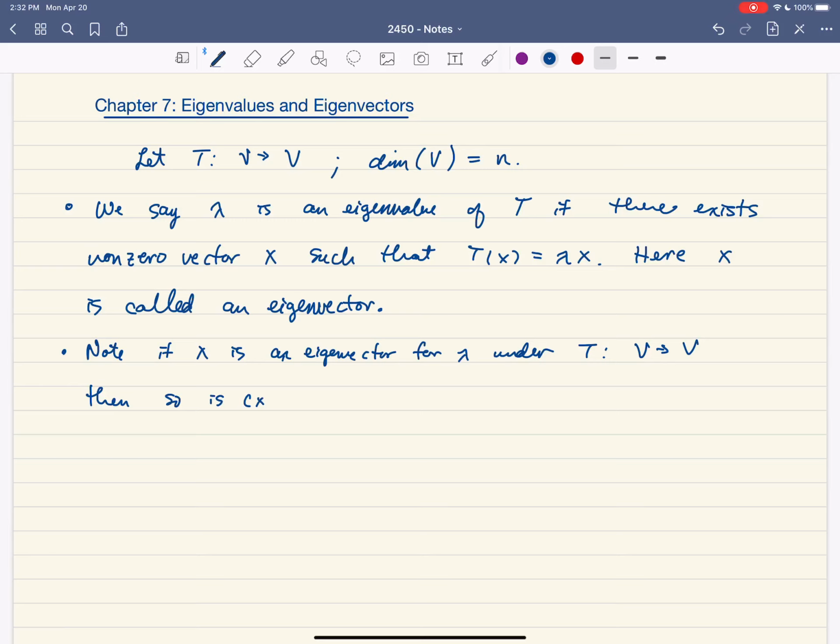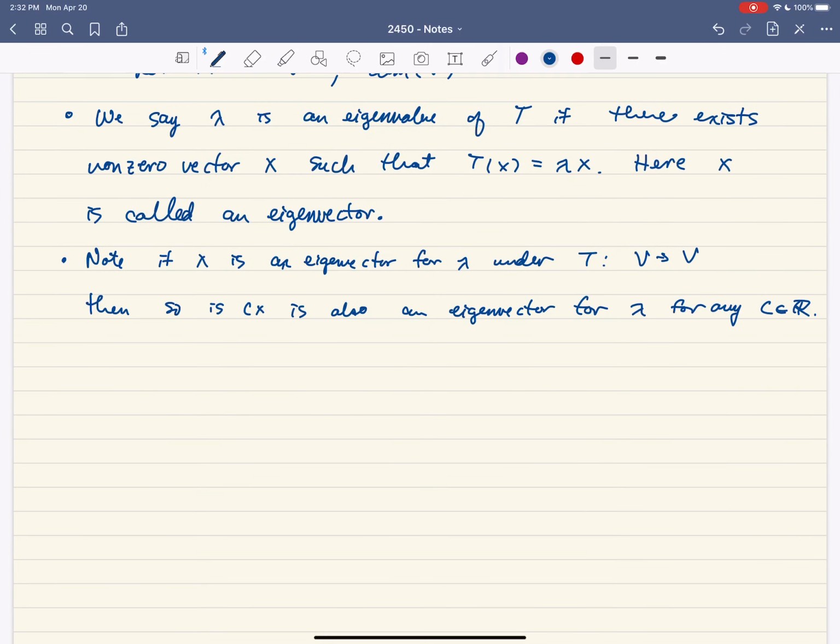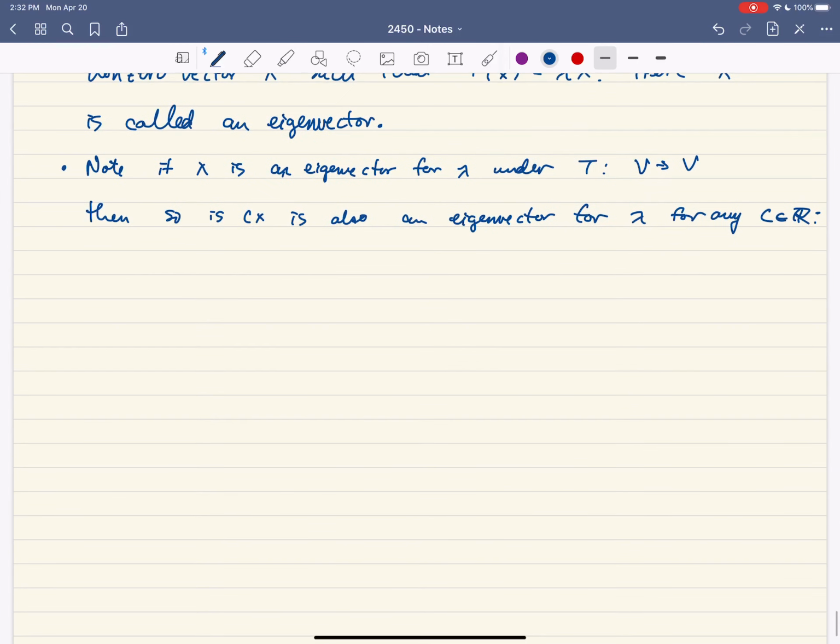So Cx is also an eigenvector for lambda, for any real number C. And the reason for this is pretty straightforward. It has to do with the definition of a linear transformation. I should start by saying that if x is an eigenvector for lambda, this means that T of x